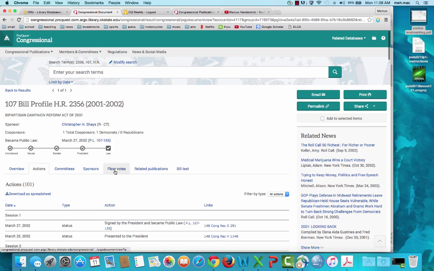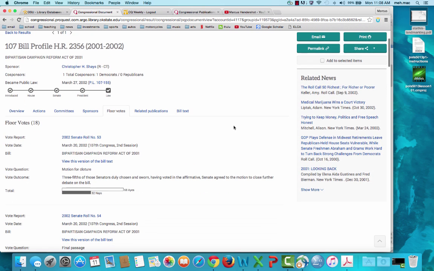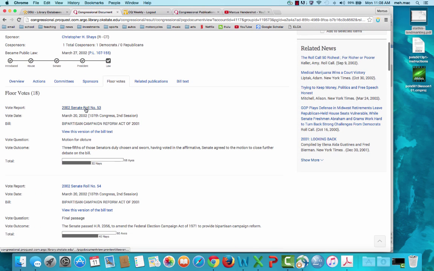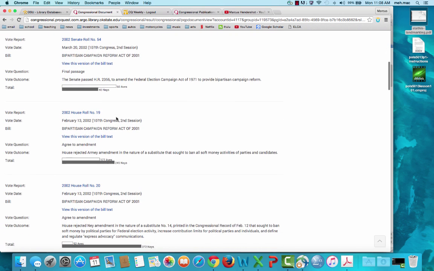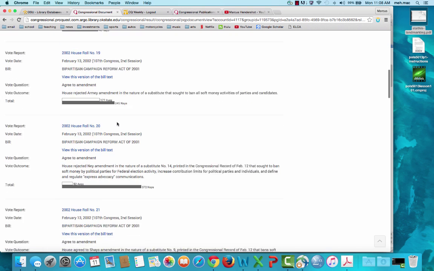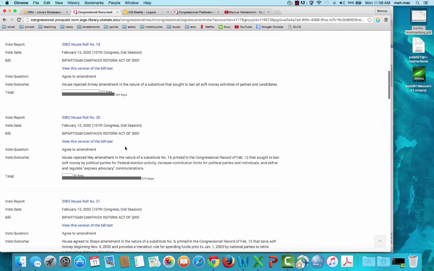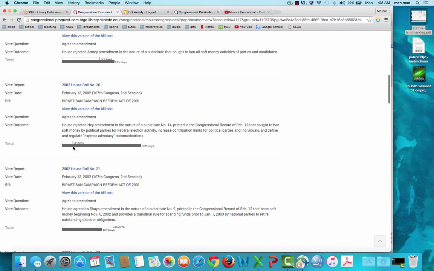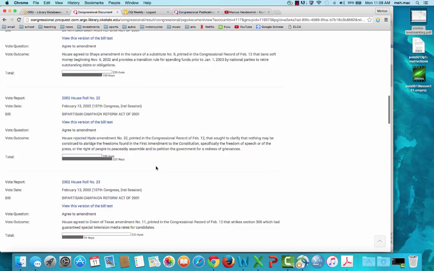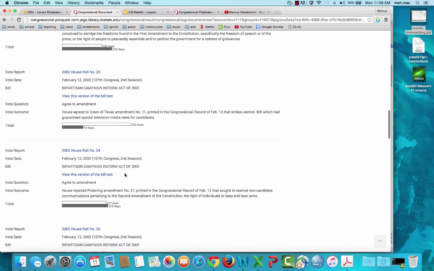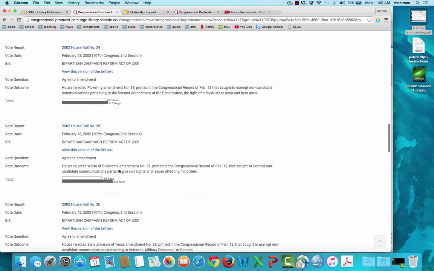The one that we need is floor votes, right? And so we're going to look here, and so Senate, we're going to ignore the Senate for the time being, but let's take a look at the House, right? So House, let's look at House. We got narrowly divided votes here. That one's a little bit overwhelming. Got narrowly divided votes there, narrowly divided votes there. That one's a little overwhelming, but that's okay. That one's narrowly divided,